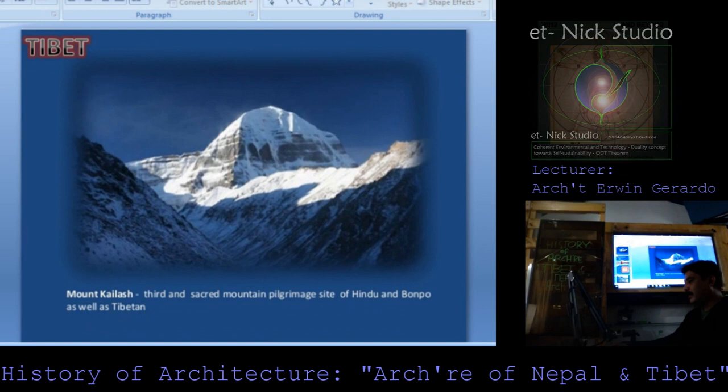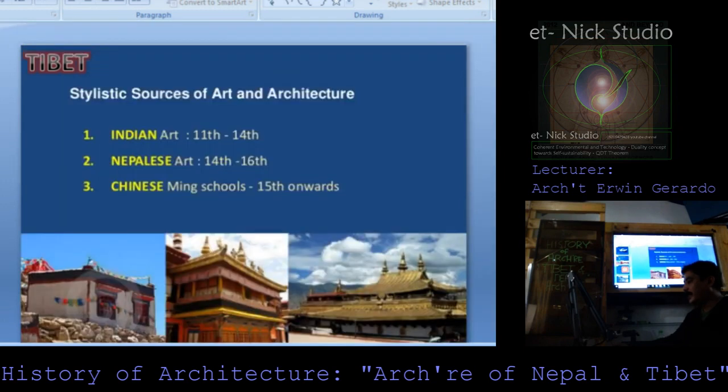Mount Kailash is a sacred mountain and pilgrimage site of Hindus and Bonpo, as well as Tibetans. Tibet's art and architecture draw on stylistic sources. Indian art comprises the 11th to 14th century, Nepalese art comprises the 14th to 16th century, and the Chinese Ming School